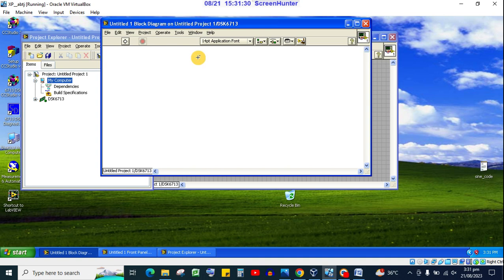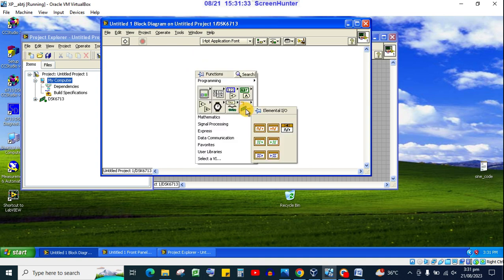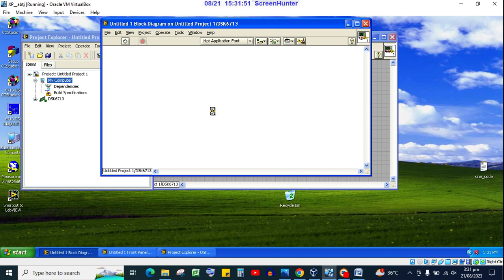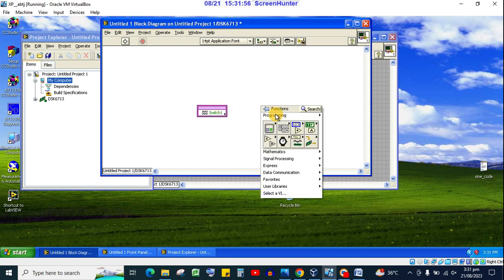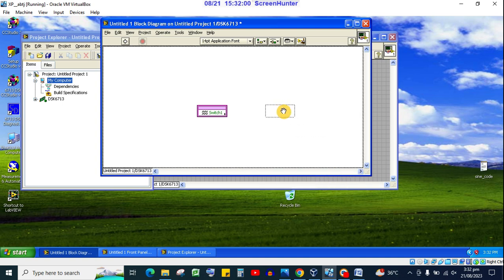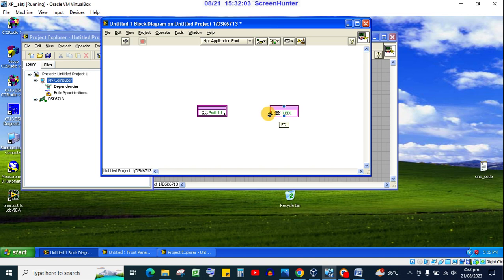We go to block diagram and we right click, and then we go to Elemental IO. We are basically going to write a very simple program in which we are triggering our LEDs. For that purpose, we place our switch. It corresponds to the dip switch that is available on the DSP Kit. Similarly, we place an LED and we also place it here. Now we connect it,